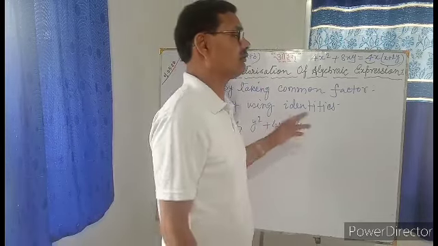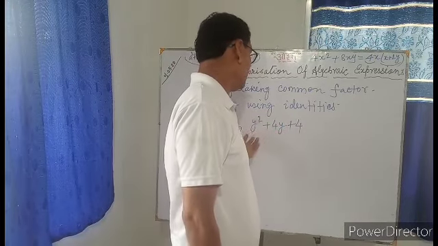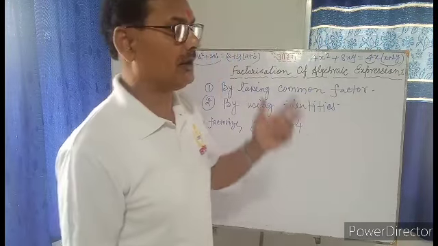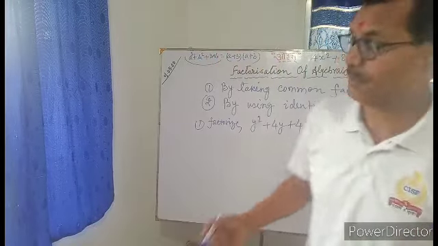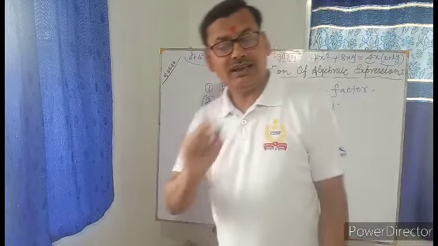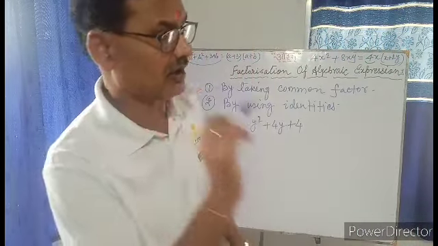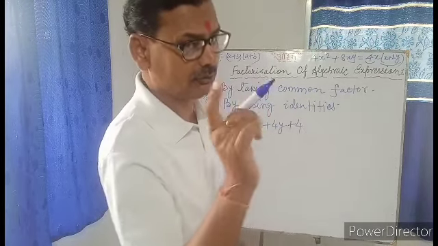a minus b whole square में क्यों नहीं? a plus b whole square में तीनों टर्म पॉजिटिव होते हैं, a square plus 2ab plus b square होता है। a minus b whole square में a square minus 2ab plus b square, मिडिल टर्म माइनस वाला होता है, a minus b whole square we have seen.